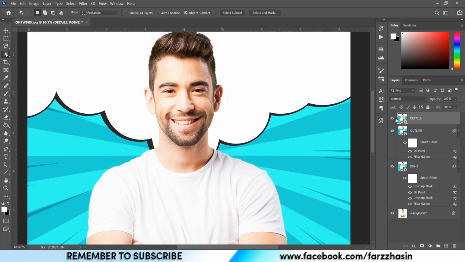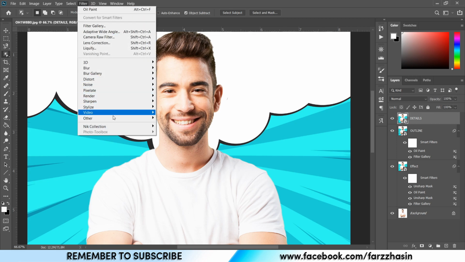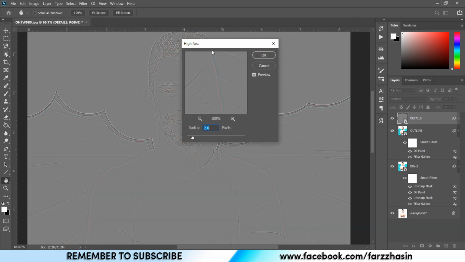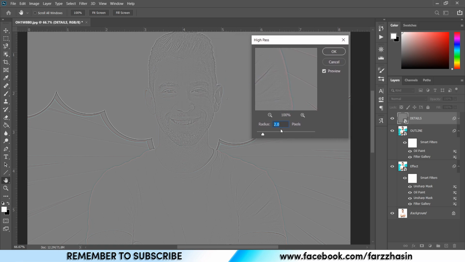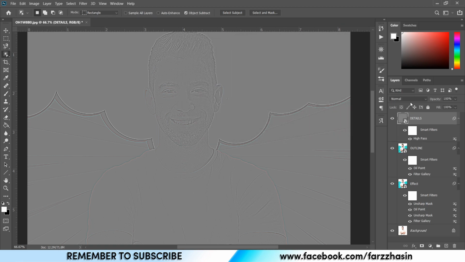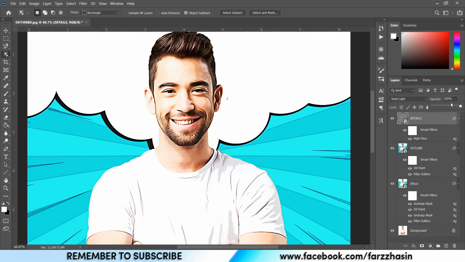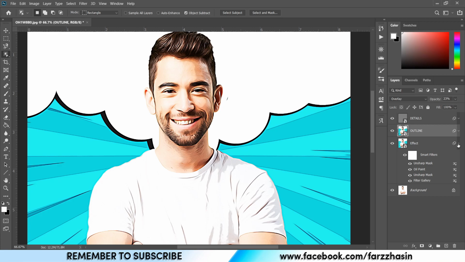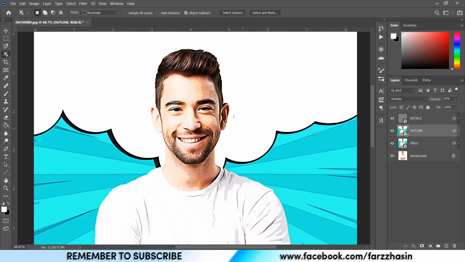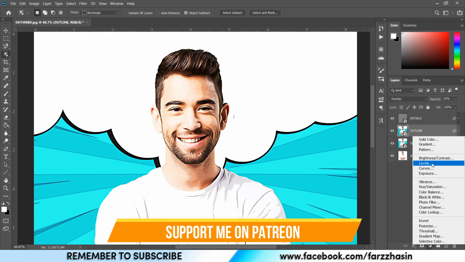And now select the outline layer, then go to High Pass and I'm giving 2 here and change the blend mode to Vivid Light and decrease the opacity a little bit. I think it looks really great, and now you can do some adjustments, like go to Levels